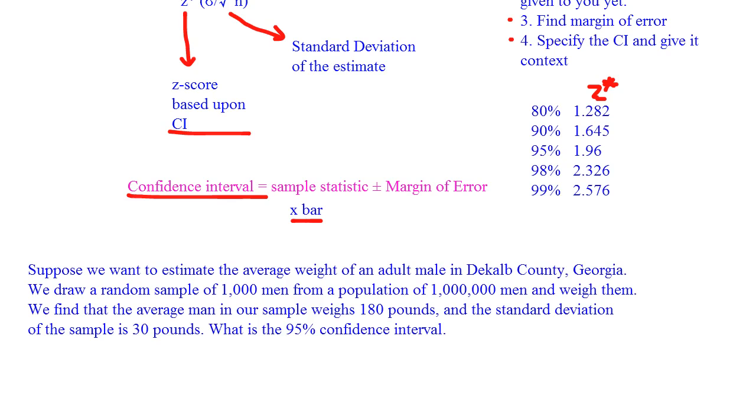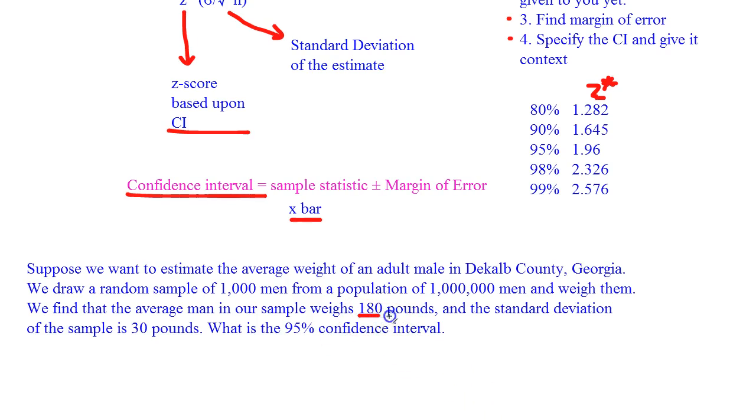First off, we identify the sample statistic, and the sample statistic is going to be 180 pounds. So that's going to be our x bar, 180, and then we put plus or minus right there because we know the next part is going to be the margin of error. Now the confidence level is given to us, so we use the z-score given to us up there in the list of z-scores, and that's 1.96. Then we multiply that by the standard deviation, which is 30, divided by the square root